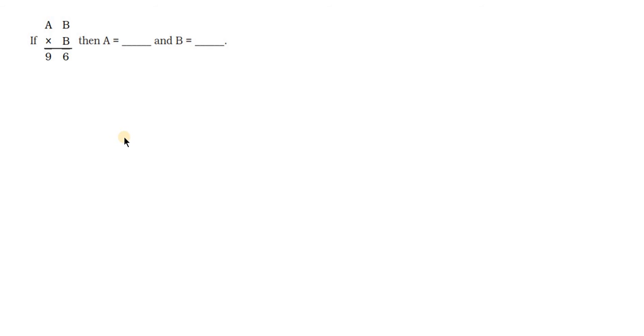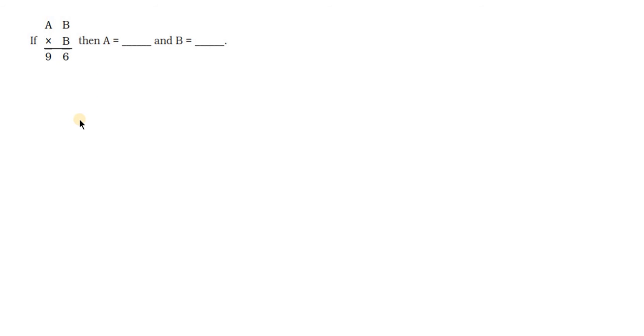So now the given question: if AB, a 2-digit number, is multiplied with B, a single digit number, the product is 96. So what would be the values of A and B? You can guess and say. Simply by guessing you may say, we know 16 6 jar 96. Okay, 24 4 jar 96. So A equal to 2 and B equal to 4, and 24 4 jar 96 you get. Or you can say 16 6 jar 96, A equal to 1, B equal to 6.